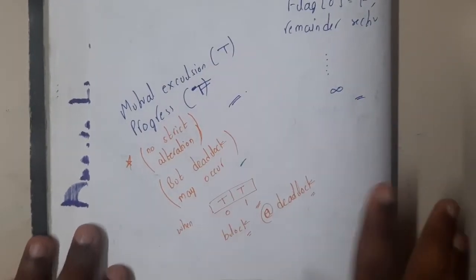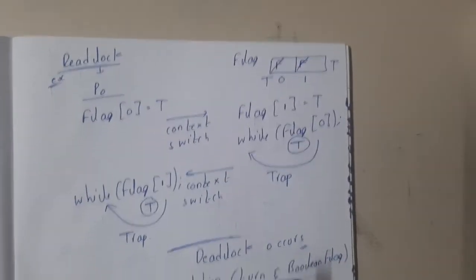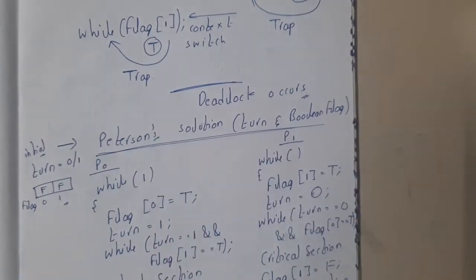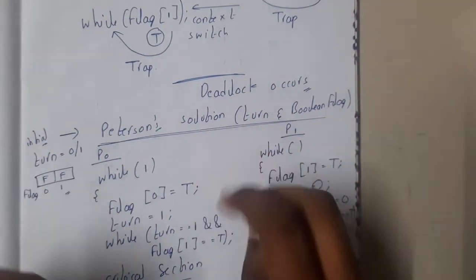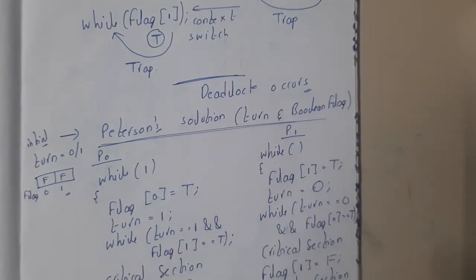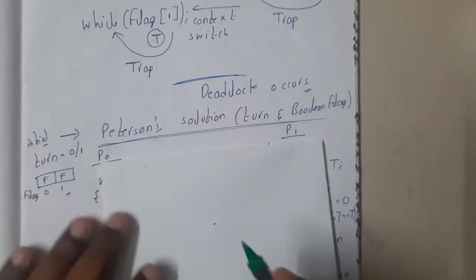Got it? Yes. So it's quite an interesting thing, right? Now there is a scientist called Peterson, mostly that could be his name. He designed something else, where he combined this turn and the Boolean flag, guys. He combined both of them to create a new concept. So this is the Peterson solution. And to be clear, I think everyone might have guessed it, this is the best solution for this two-process problem.